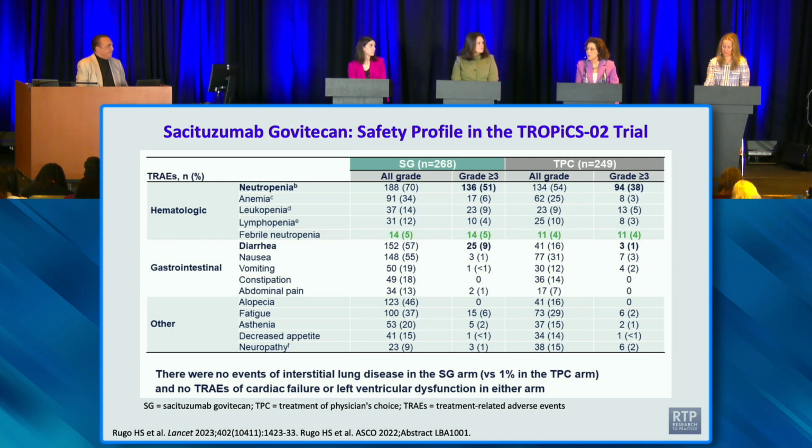We managed it very well, actually, using growth factors, and we've been trying to use pegfilgrastim after day 8. So, first cycle, if they need growth factor, we give it 1 or 2 days after day 1 to try and get them to day 8. And then after day 8, give pegfilgrastim, and sometimes that's all they need for the rest of the cycles. But now that we're moving the drug a little bit earlier in line of therapy for triple negative and HR positive disease, I've seen a lot less early neutropenia, so it's a much later phenomenon. Of course, there are individuals who are sensitive, unless somebody couldn't get through their AC in the neoadjuvant setting.